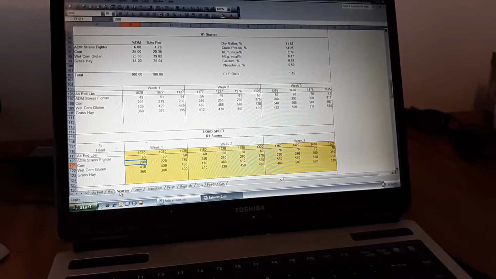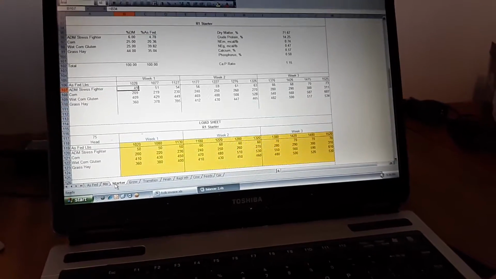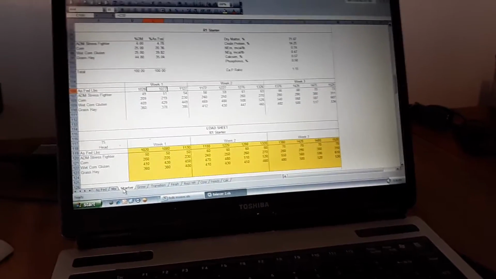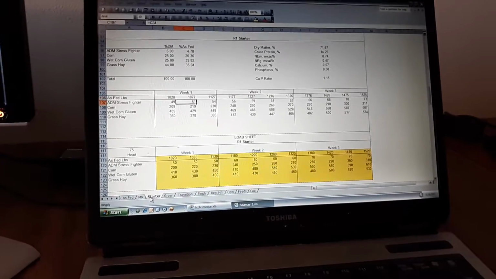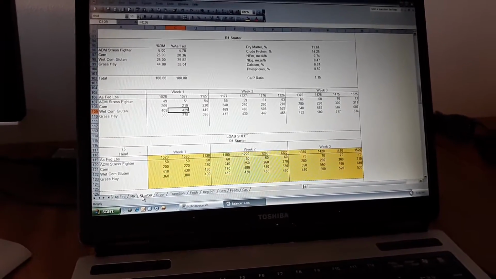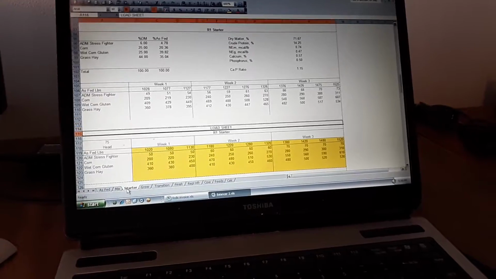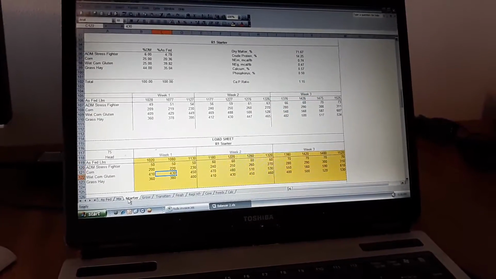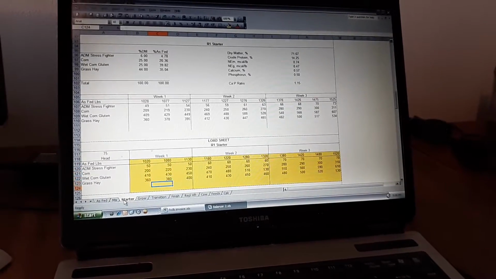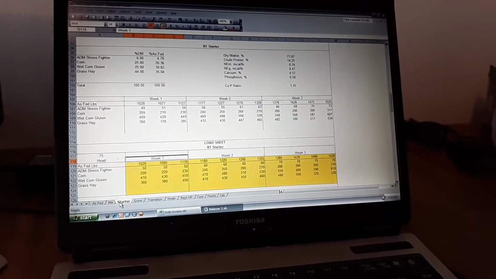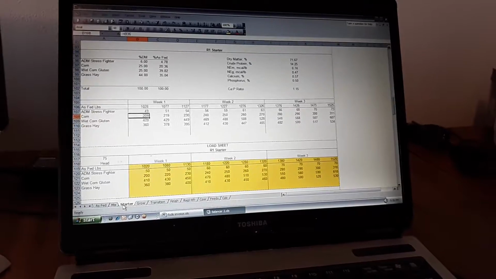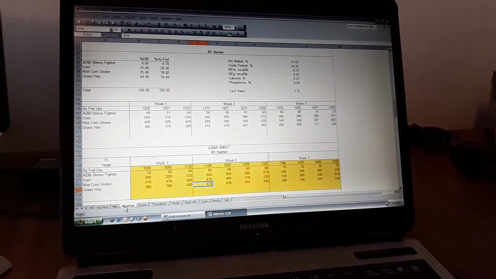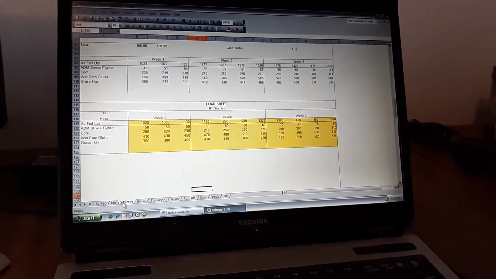But on my load sheet, it'll come out, oh, this is like for 1,077 pounds and 51 pounds, 219, 429, 378. Well, my scale doesn't weigh that. It weighs in 5 or 10 pound increments. So I had to go through here and basically copy these down into here and kind of round them up and make sure they all add up. And then